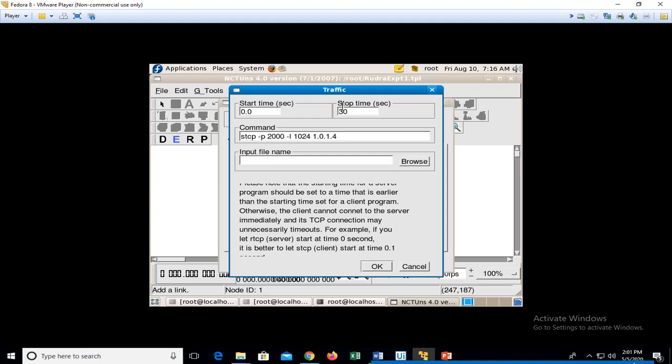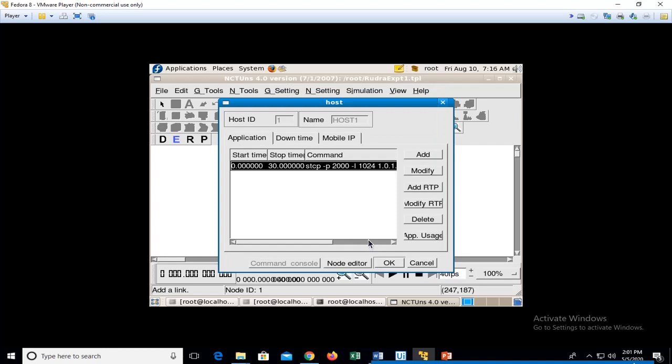Since I had chosen node 4 as the receiver and node 1 as the sender, I should be typing node 4's IP address, that is 1.0.1.4, which is the IP address of the receiver.